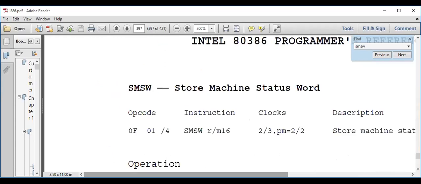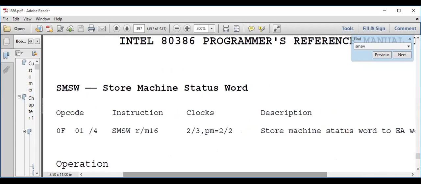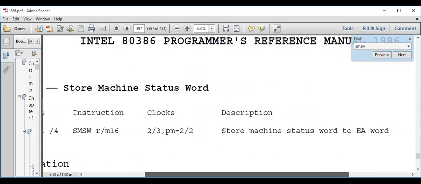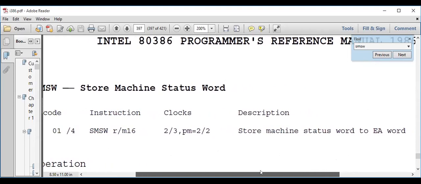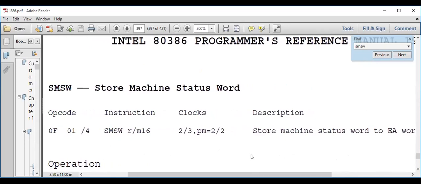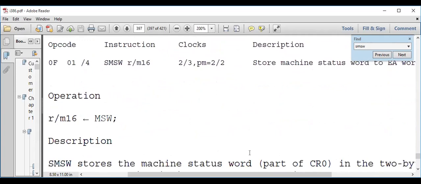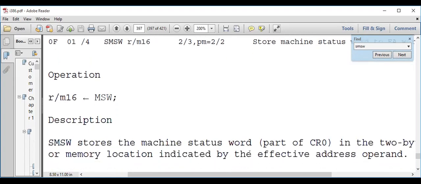This instruction is the store machine status word, SMSW. It stores the machine status word to the EAX register in the form of a word. Here we refer to the word content of the control register.